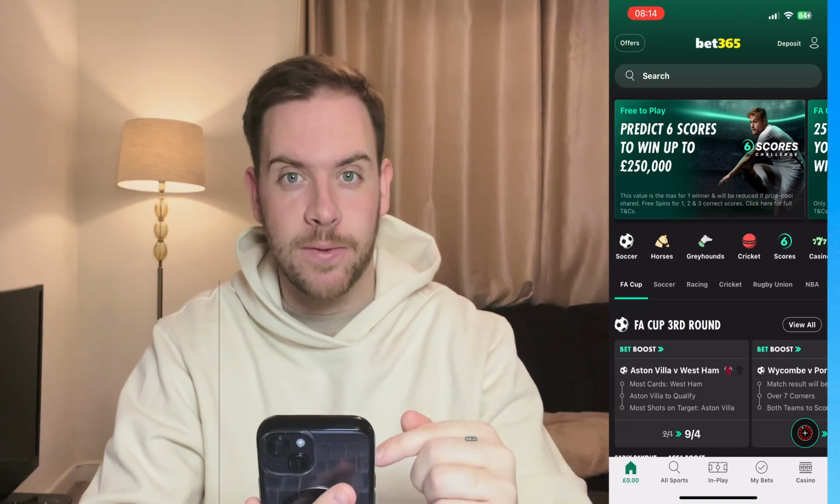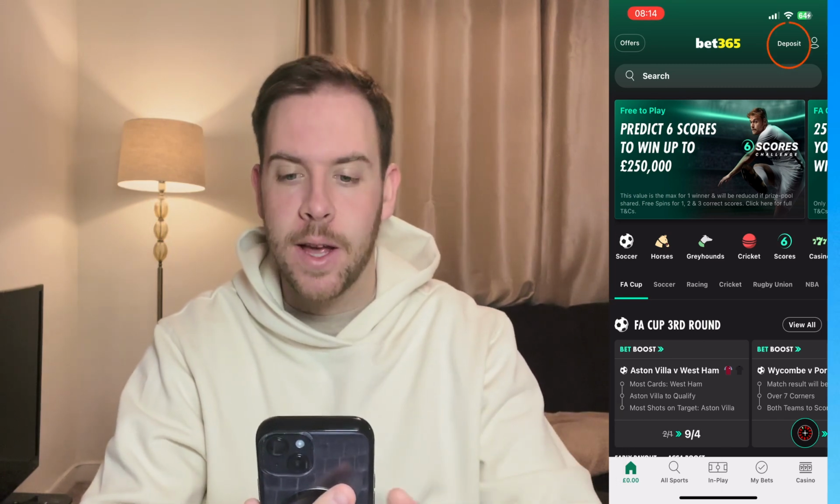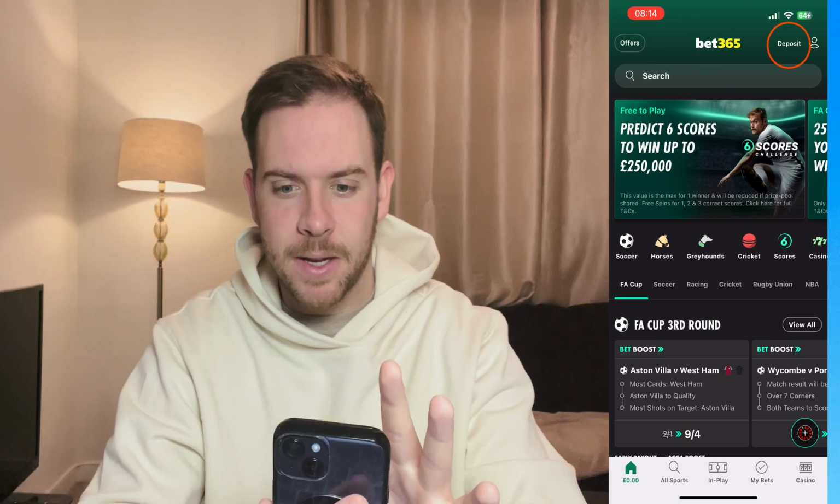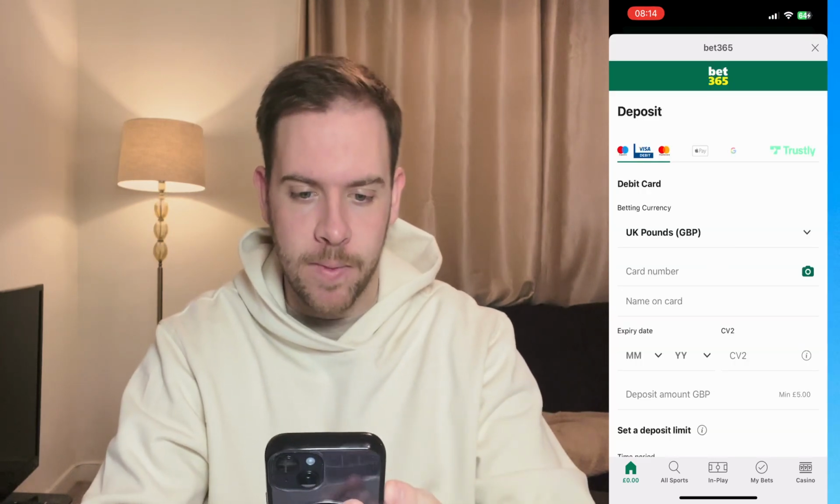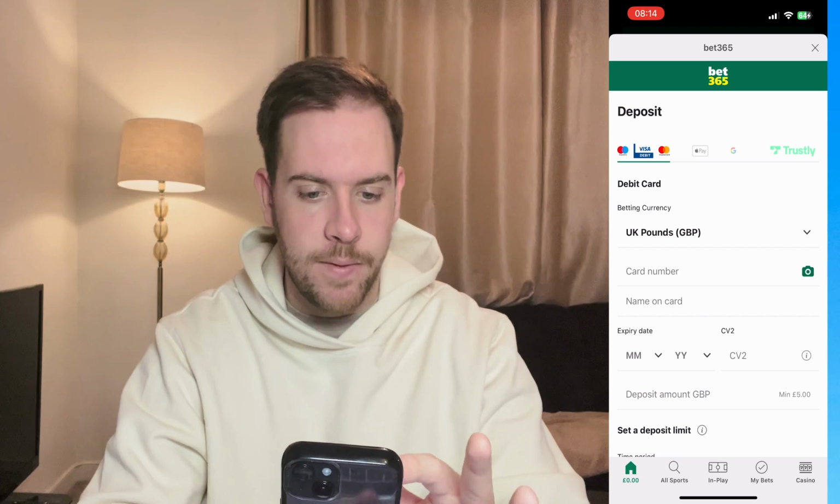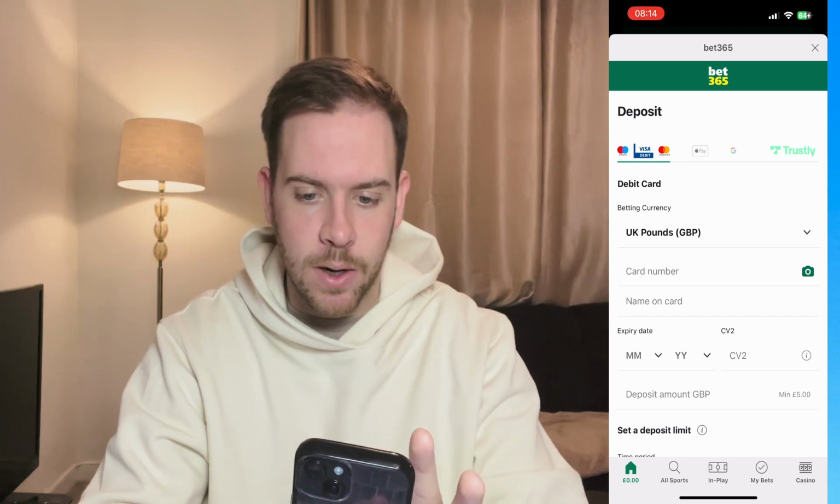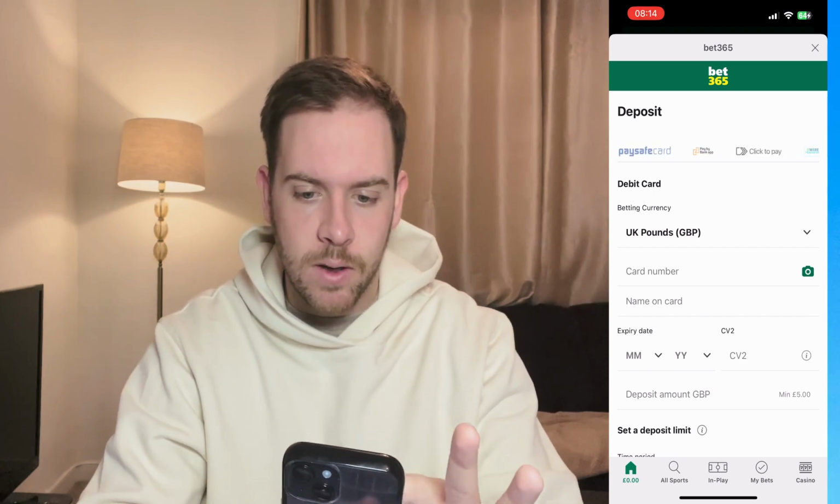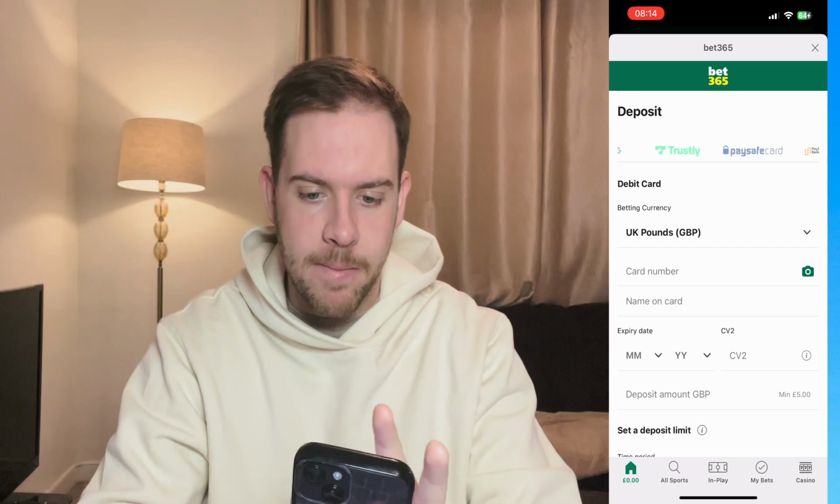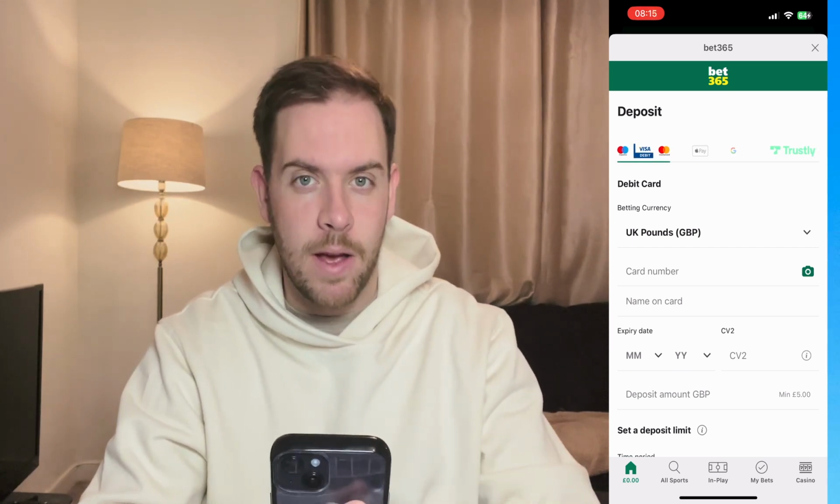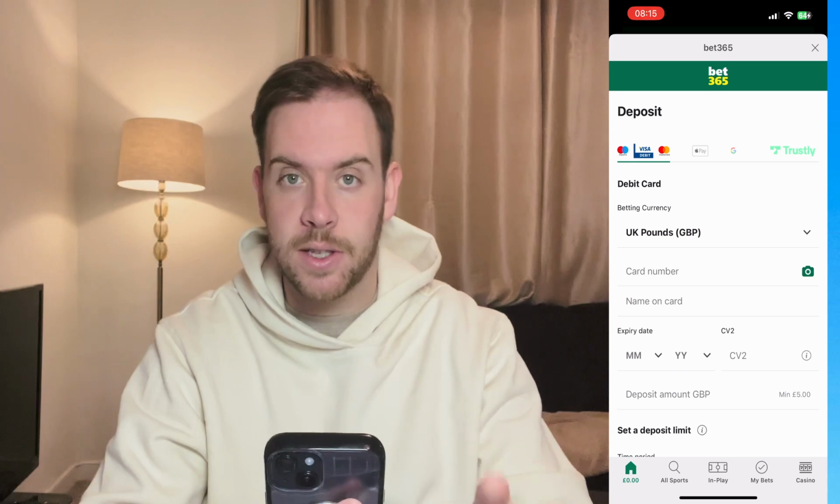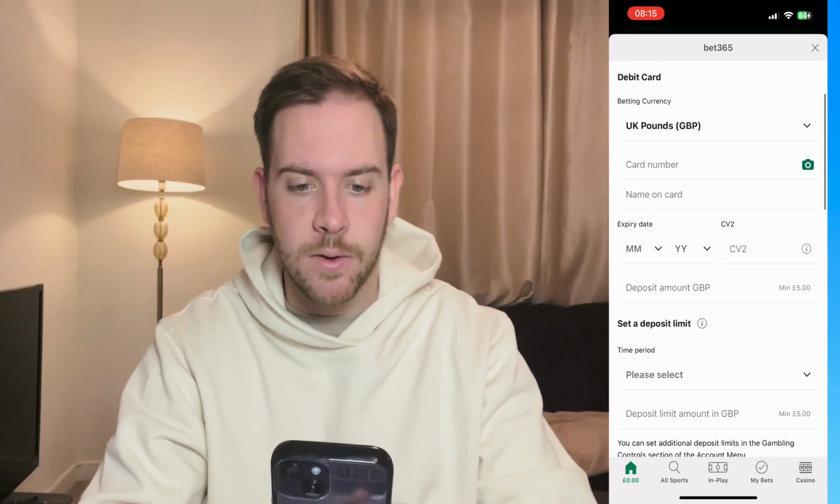I'm on the Bet365 app right here on my iPhone, and in the top right there's a deposit button. Press deposit and then it's going to bring you to this page right here. And at the top, you can actually see Visa Debit, Apple Pay, Google Pay, Trustly. If you scroll along, you've got so many more different payment methods right there that you can select and deposit funds from. However, if you just want to use the traditional debit or credit card, you can scroll down here,